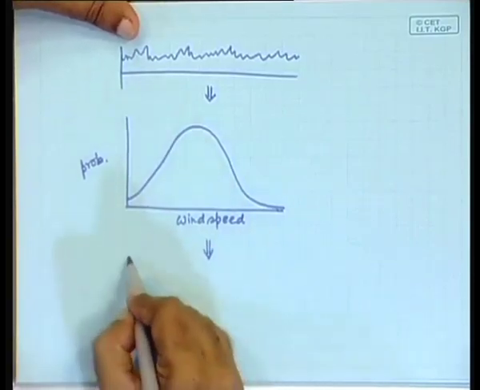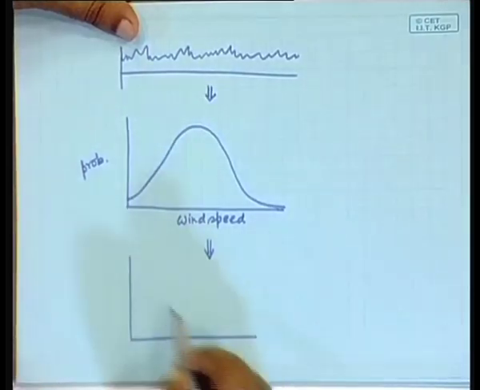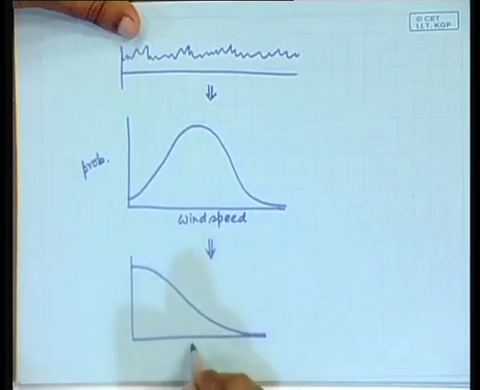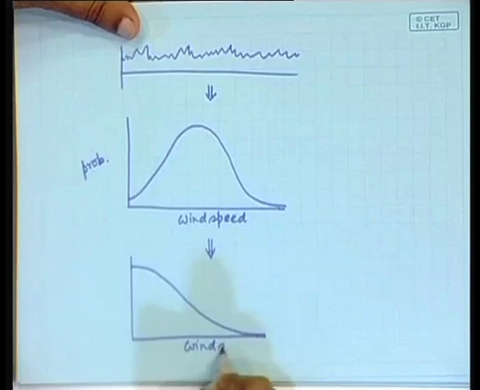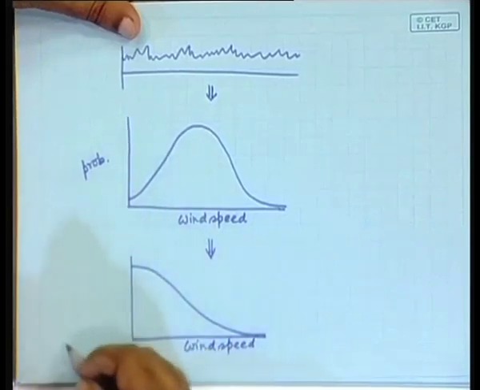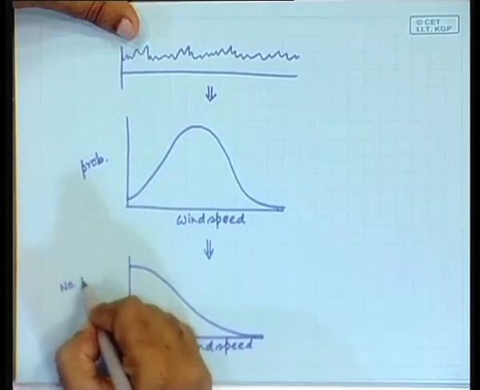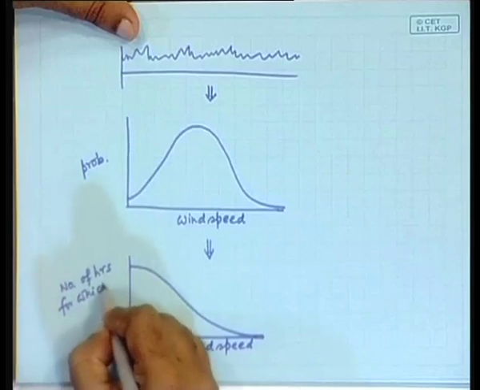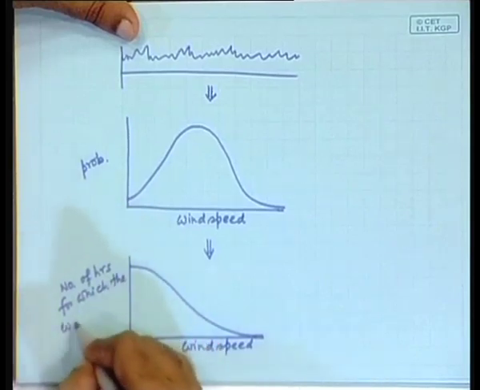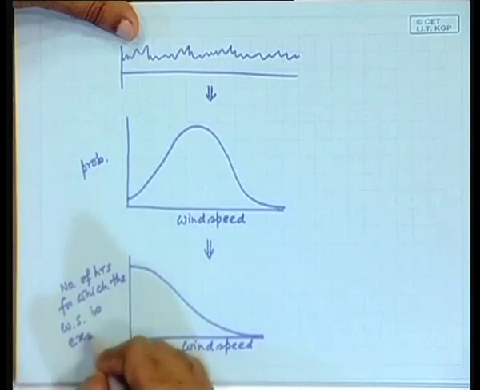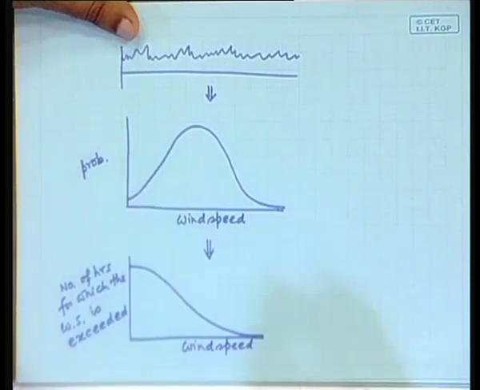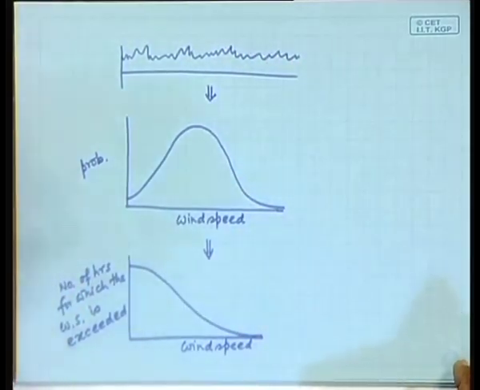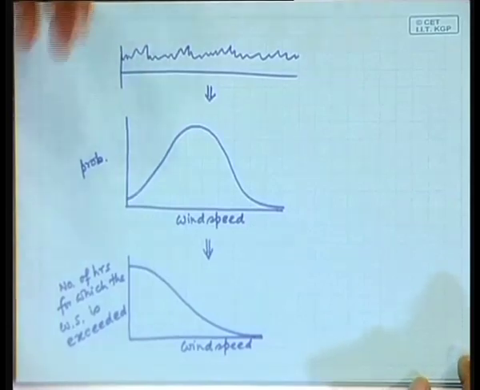where do we go? We go to the wind speed duration characteristic, which would be like this, and in this case here it is wind speed and here it is number of hours for which the wind speed is exceeded. Okay. So, this is essentially how we had proceeded, and we had also said that there are other ways of